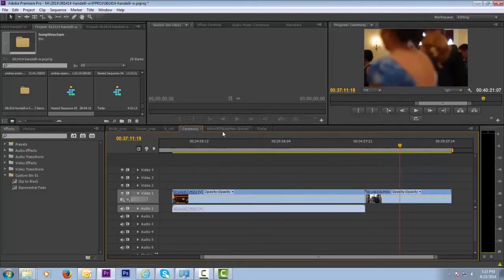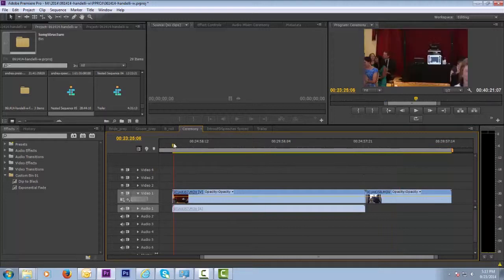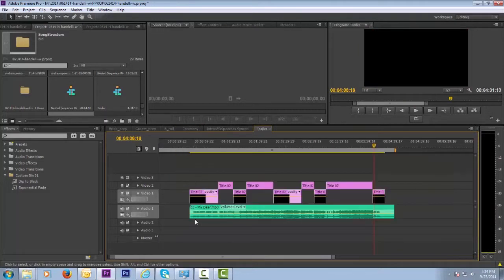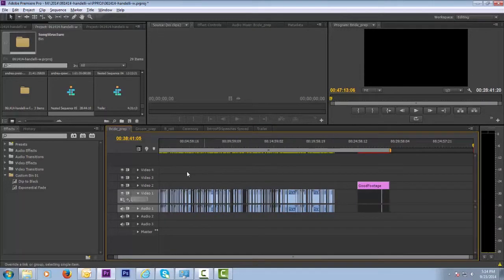Once you've finished watching the speeches all the way through and those parts of the ceremony, you should have a good idea of the amount of stuff you have to work with, and that's going to help you tell your story. You've already identified the way this is going to be broken down. Now you have to go through and watch the